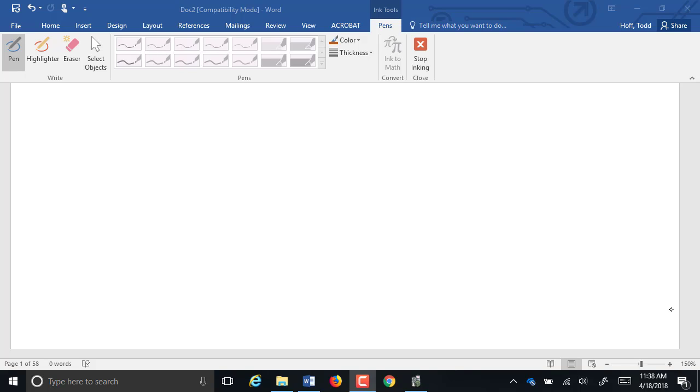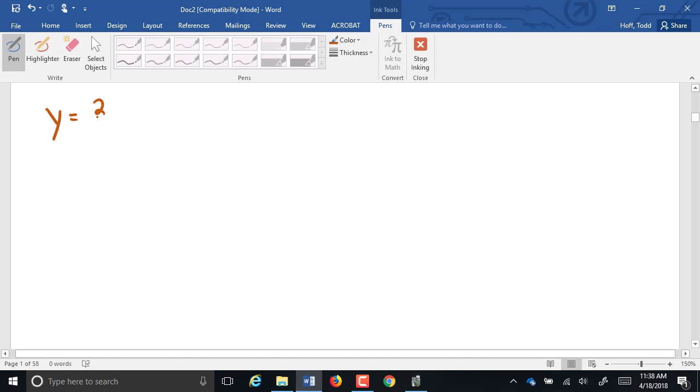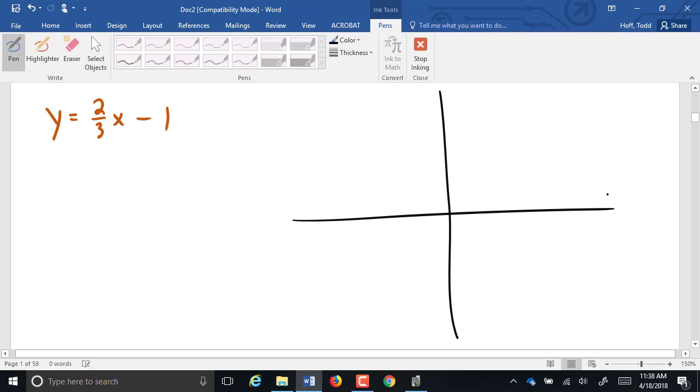So last Friday, due to the weather, we weren't here Monday. We were talking about graphing these equations, the slope and the intercept equation. Something like y equals 2/3 x minus 1. And we graph that starting at the y-intercept,